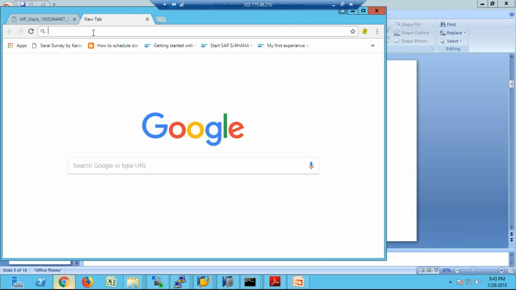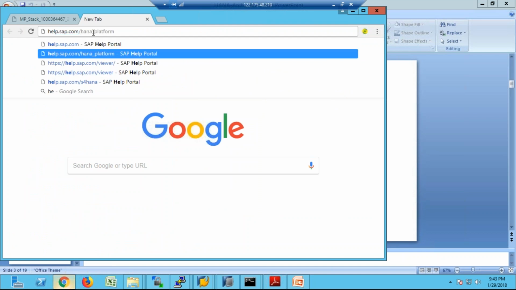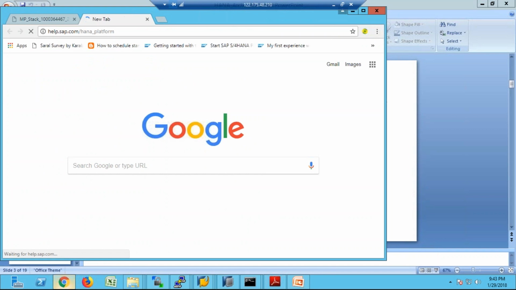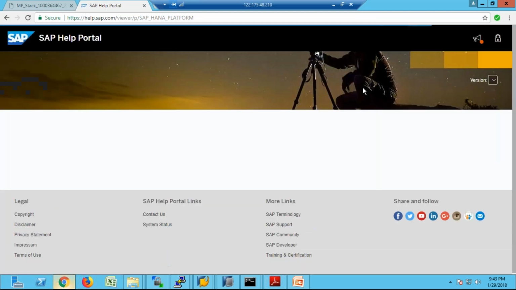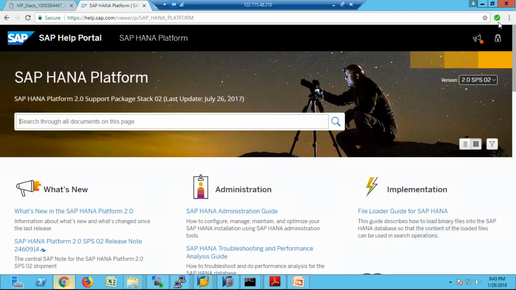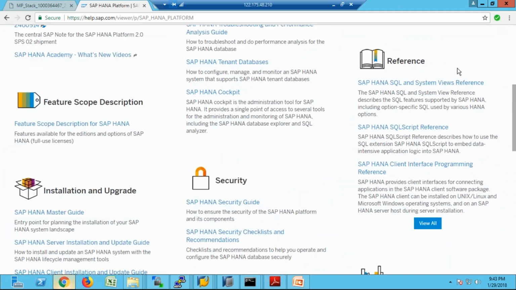For example, if you go to help.sap.com slash HANA platform, database related sizing guidelines are given here. This is HANA platform 2.0 SPS2. See on the right hand side, references are given. A lot of reference documents will be there. Under this reference, if you click on view all,